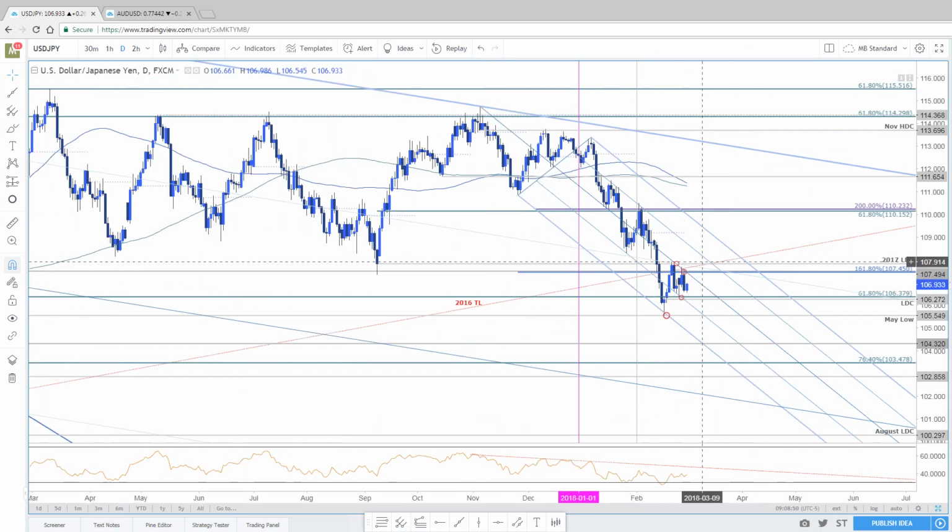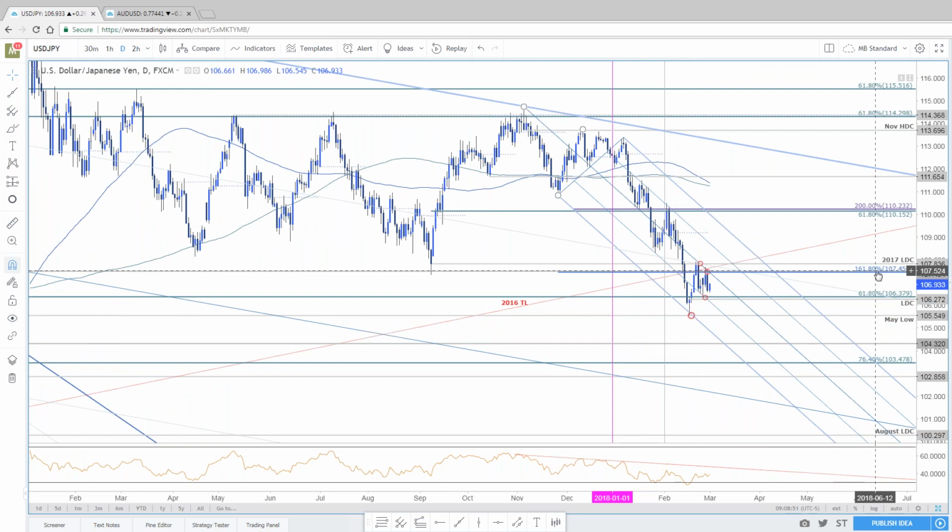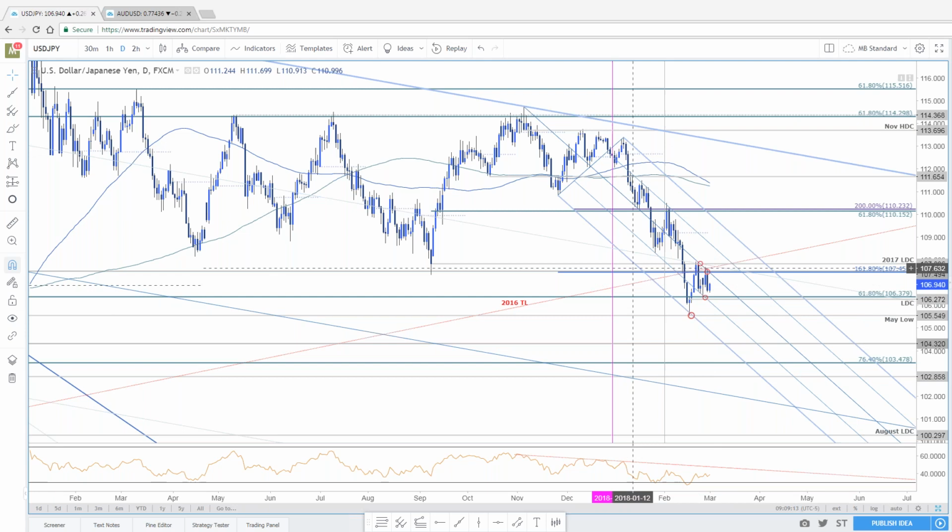So again, the daily chart continues to highlight that 107.45 level as your resistance. Bottom line, it's exactly where we came in, pulled back, and there's the key support structure that you're looking for. Strange move. It's the only pair which didn't clear its monthly opening range. Absolutely, amen. I wouldn't say that, because the monthly opening range was massive.